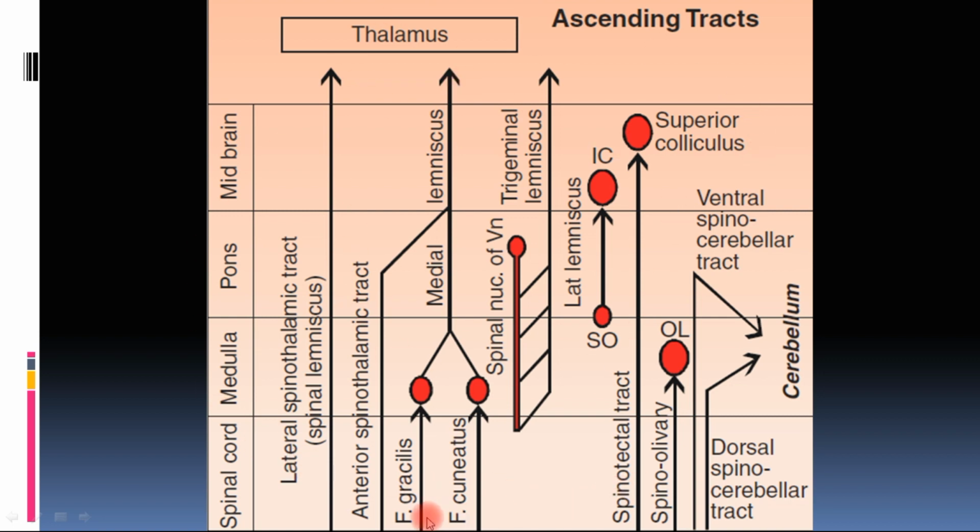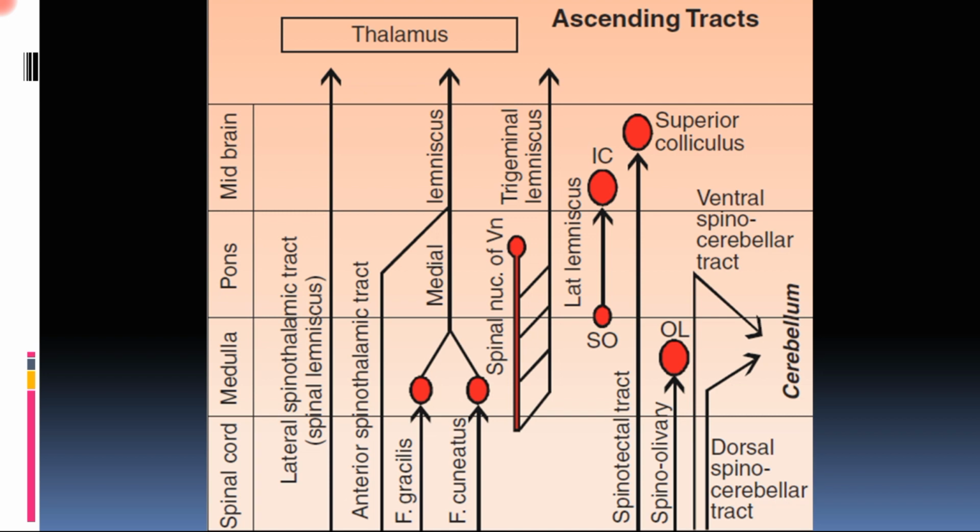To understand the lesions of the spinal cord and their different symptoms, we need to understand where each tract crosses to the opposite side. That is how, if there is a hemisection, there will be a different kind of symptoms as compared to a full section of the spinal cord. So there lies the difference in the symptoms, or how to diagnose whether it is a hemisection or full transection of the spinal cord.